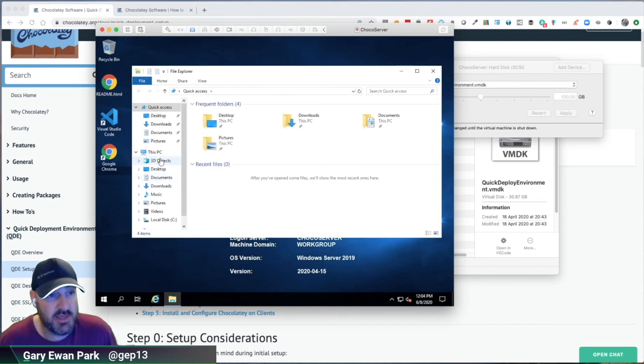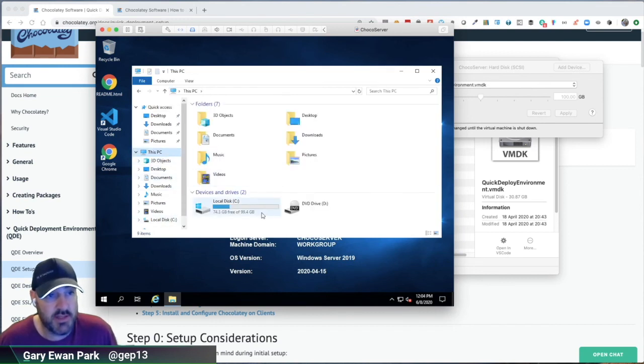So I'm just going to do a quick check here just to make sure that this has got a full 100 gigabytes, which it does. So it's already expanded. So with that done,